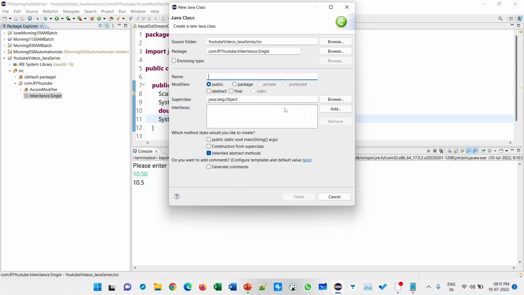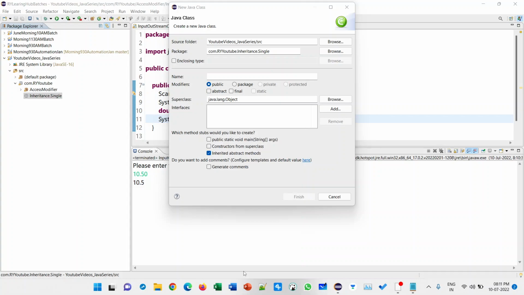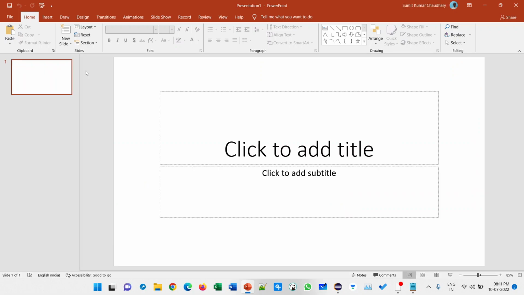Before jumping into the practical, I want to explain it theoretically first.